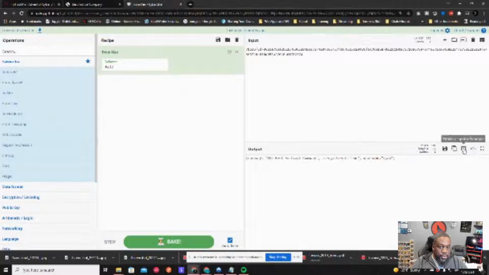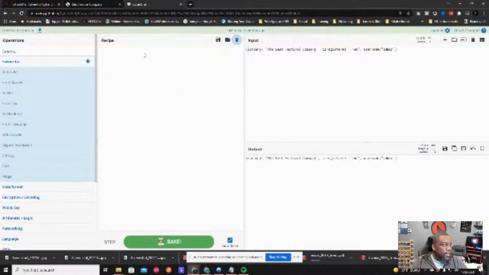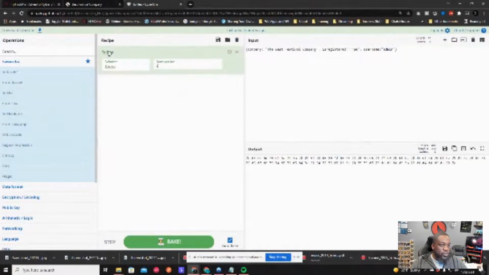So output, replace input with output. So now we're going to replace the input with output, and now I can change it over here. Okay, so now admin, and we're going to get rid of that. We used from hex before, so now we're going to say to hex, and that is the output, but it looks like